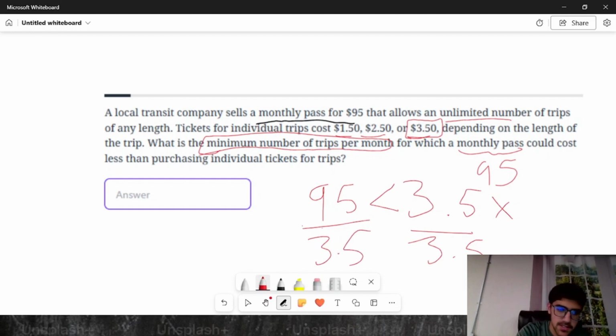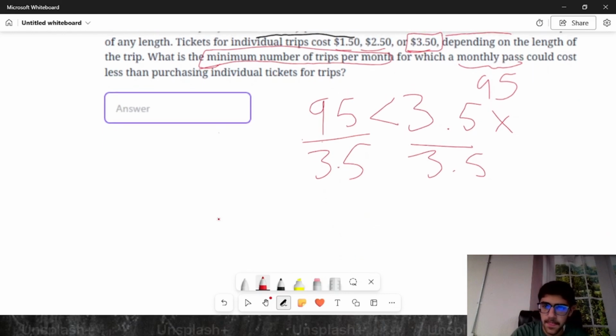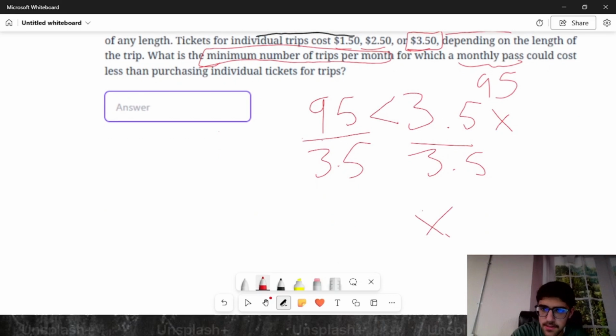Then I'm just going to put this into Desmos. 95 divided by 3.5 gives me 27.142. So you get x is greater than 27.14, let's say. So right here, you might want to just go ahead and type in 27.14, but that would